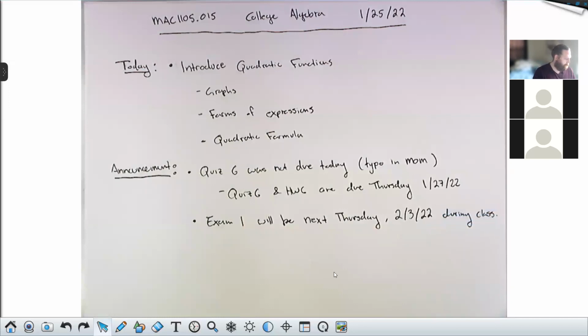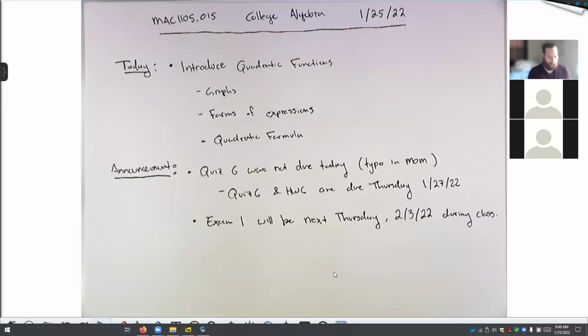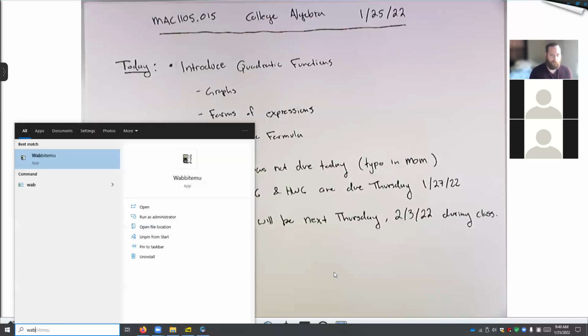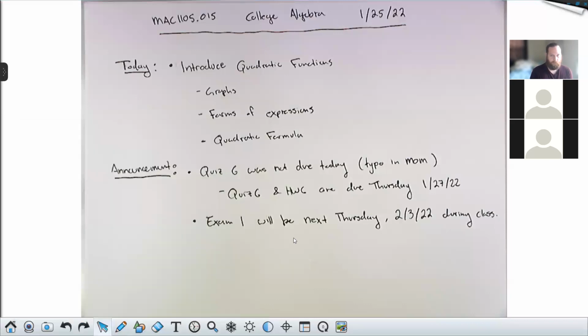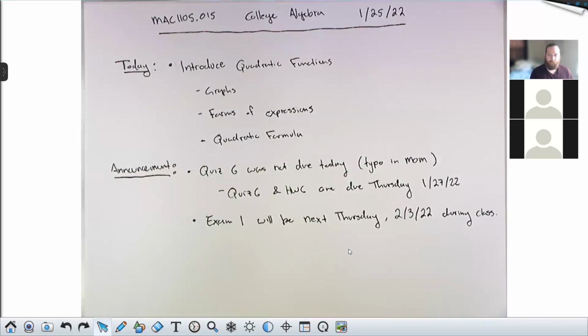Okay, so let's get to it. We're going to use Wabbit today. I'm going to be graphing some things in the graphing calculator. You do not need a graphing calculator to do any of the stuff that we're going to do today, but it is a useful way to check your work. I'm not sure on the number of questions, Kylie. So again, when I would write these tests, I would write them to be 14 questions long with like 4 true false, 4 multiple choice, and 6 or 7 free response. But again, this is a pilot class that's been structured by one of the other faculty, so I have to see what he's done.